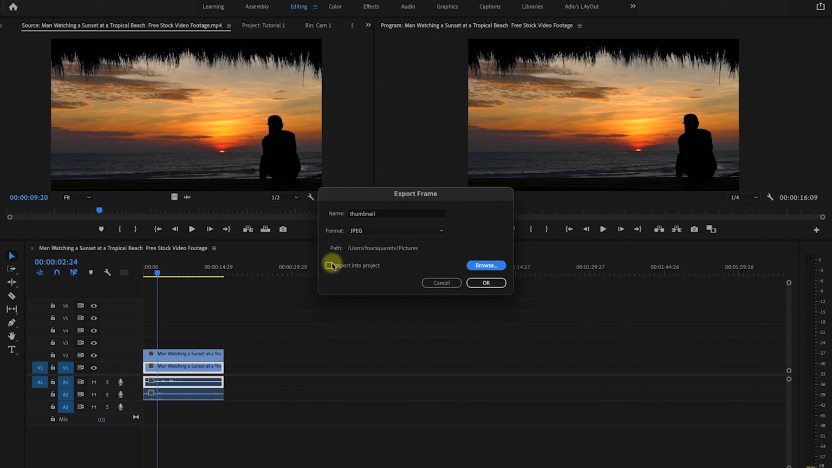You can decide to also import it back into Premiere Pro for usage later. Maybe in the beginning of your intro, you want to use the image. So you can choose to import it back into Premiere Pro. So this frame will be saved, and if you toggle on this, it is going to be imported back into Premiere Pro as JPEG, that is as an image. So if I should click on OK,